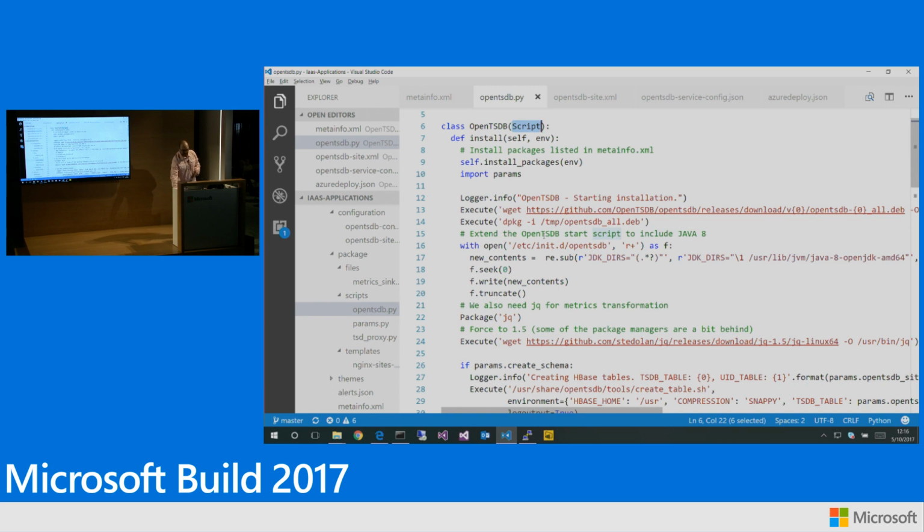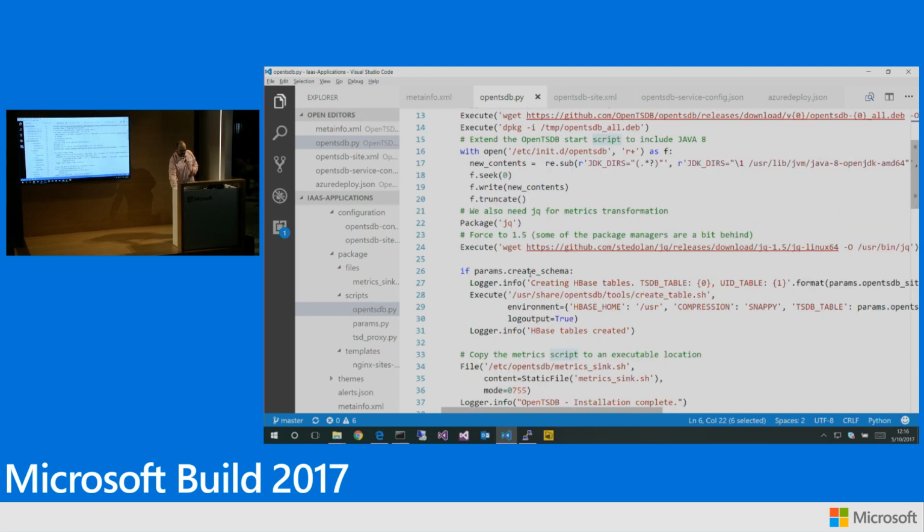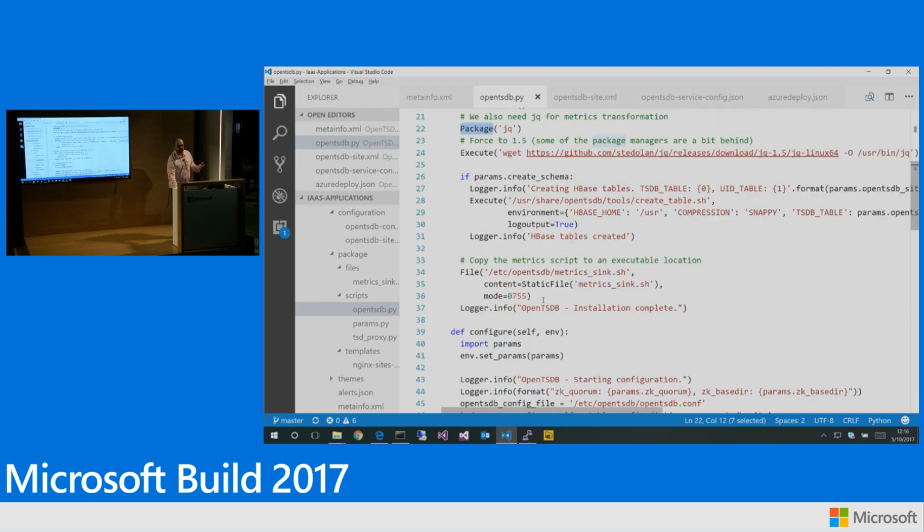In the case here of OpenTSDB, we just get a package down from GitHub, we unpack it, we update some configuration a little bit, we get a few more packages. This is a DPK package that we get down, and so on. We just drive through, do whatever the application requires us to do